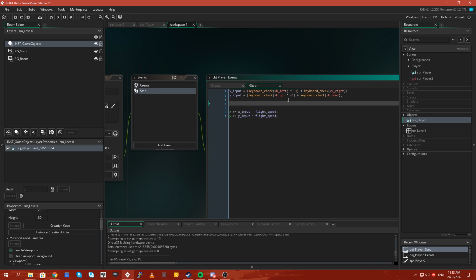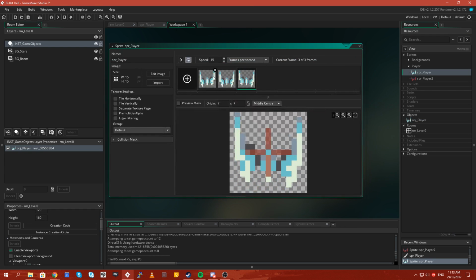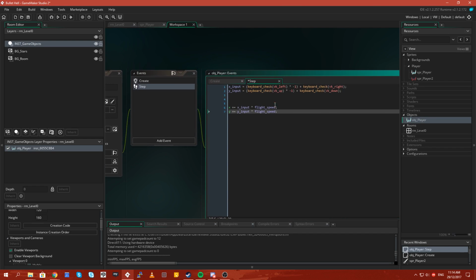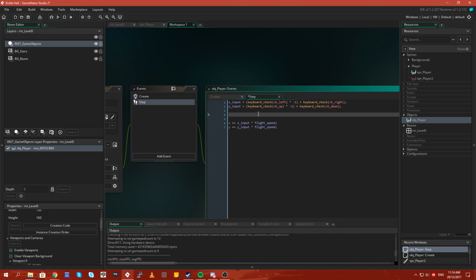Okay, so next thing we can do is we can apply our animation frame. First thing we can do is say, oh, hang on a minute, let's have a look at this. If X input is negative, if we're headed towards the left, it's going to be -1. If we're not pressing anything, it's 0, and if we're pressing something, it's 1. Now, if we have a look at our animation frames, left is 0, forward, not moving anywhere, is 1, and moving to the right is 2. So we can do something kind of clever here. Because the number starts at -1, if we simply added 1, then we would be at the offsets that match our sprites.